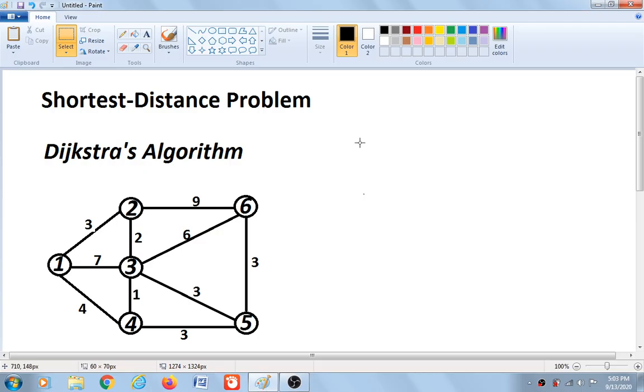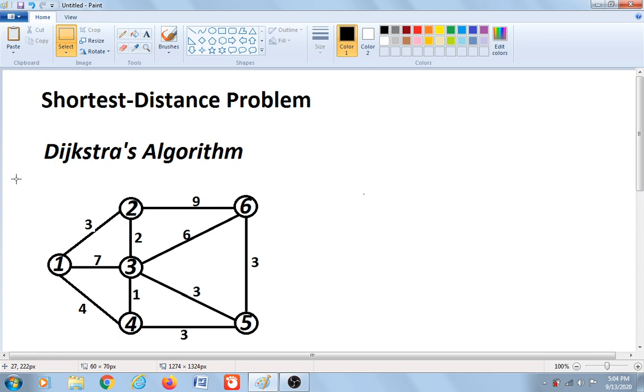Hello everyone. In this video, we will discuss the last problem in the network model, which is the shortest distance problem or the shortest route problem. And the algorithm that we will apply in order to find a shortest path in a network is Dijkstra's algorithm. It is a simple algorithm that we can use in order to find the shortest distance in a